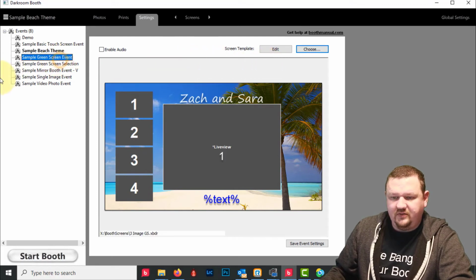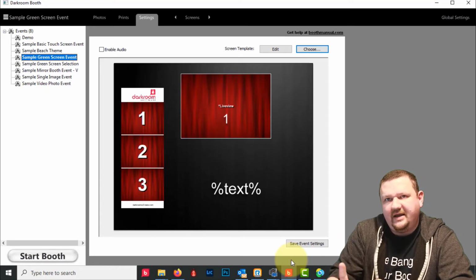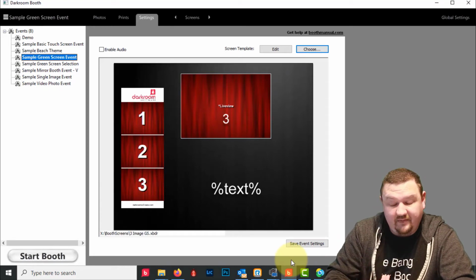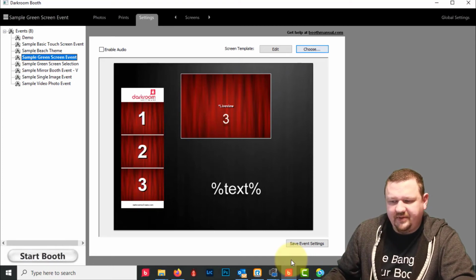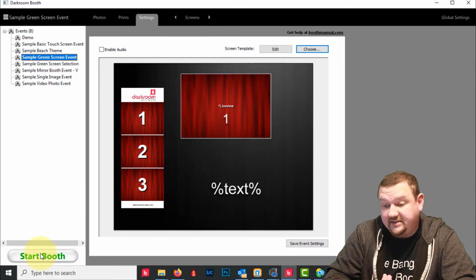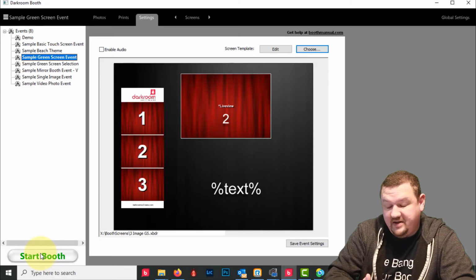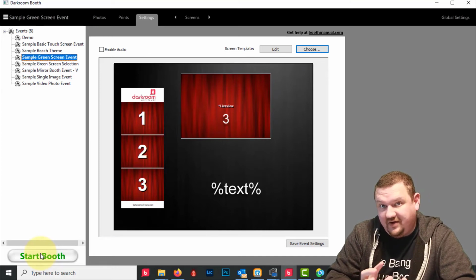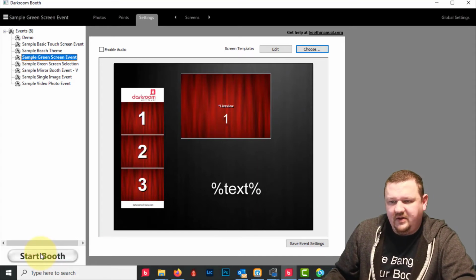So if we click on green screen sample event, this is one where I see an issue come up quite a bit. Somebody will select a cool screen template like this, or a print template, and then it comes out just a little bit funky, and that's because this is intended for a green screen. If you don't have a green screen, then everything goes weird. So if you run into an issue where it looks like somebody's a ghost or something like that, go over to